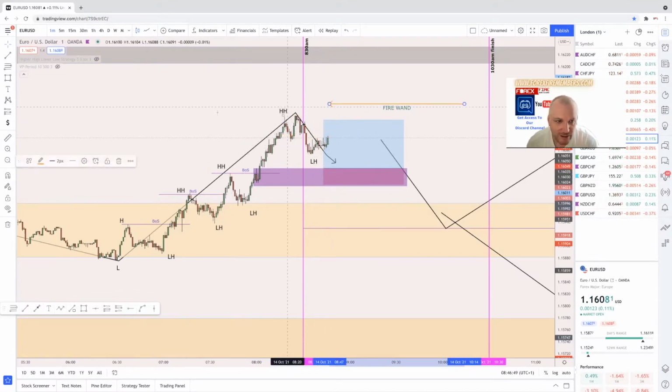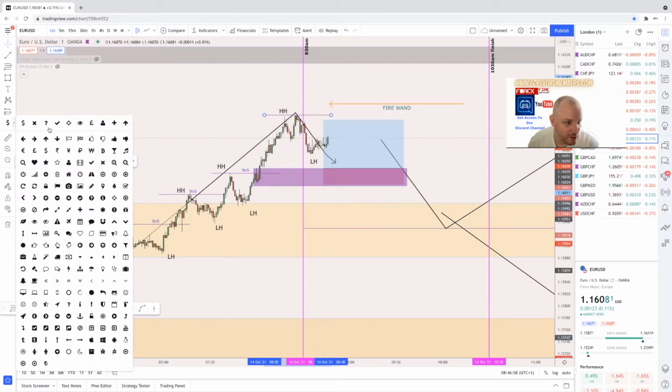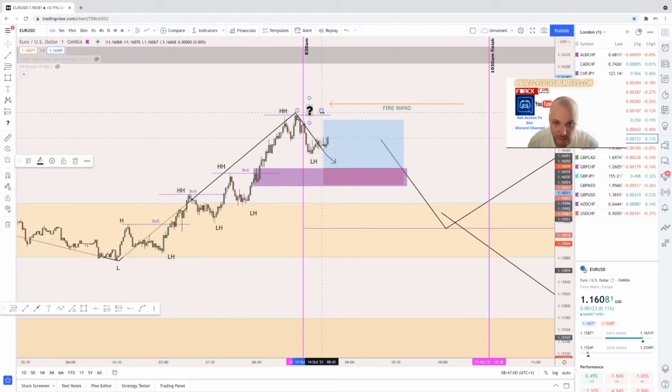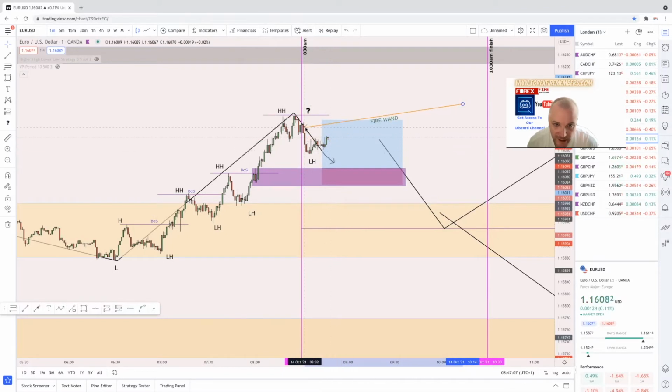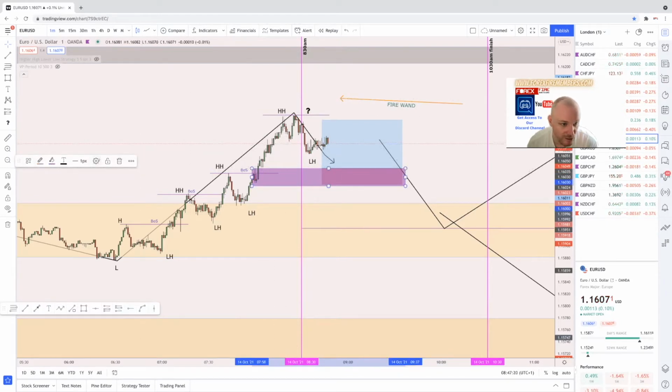So until one of two things happens, until that comes out the break of structure, what we do is we'll just put a question mark. So at the moment, there's liquidity residing here, so we're anticipating the break back down to the order block here, to then come back up to meet liquidity on the high side. So what we can do,